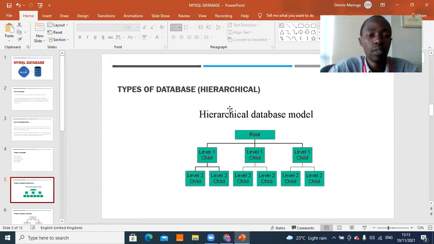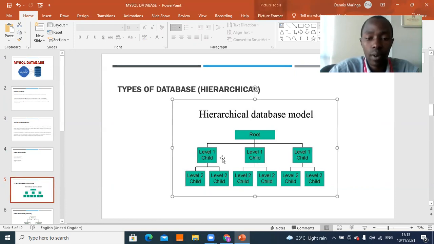For example, we are talking about hierarchical. So the hierarchical database model, this is how it stores its data, or this is how the database schema is laid out. It's more like an organizational chart or an organizational hierarchy, where you start from, let's say, the CEO, then come down to director, then managers, then employees. So we have, for example, the root at the top, then level 1, level 2,